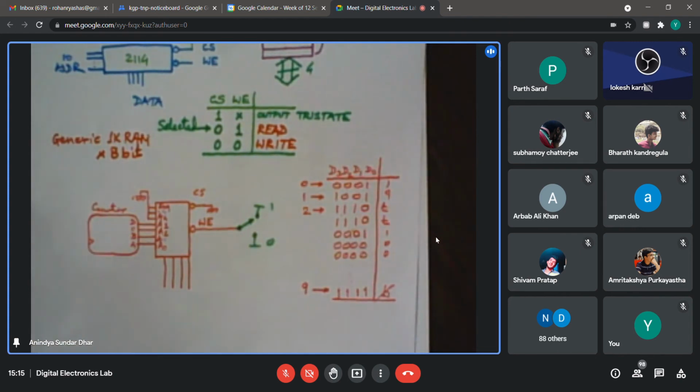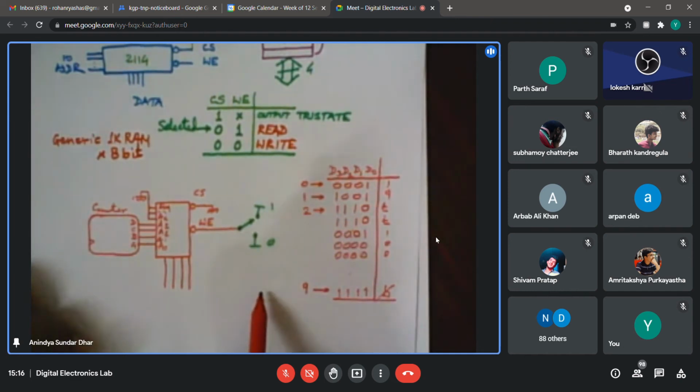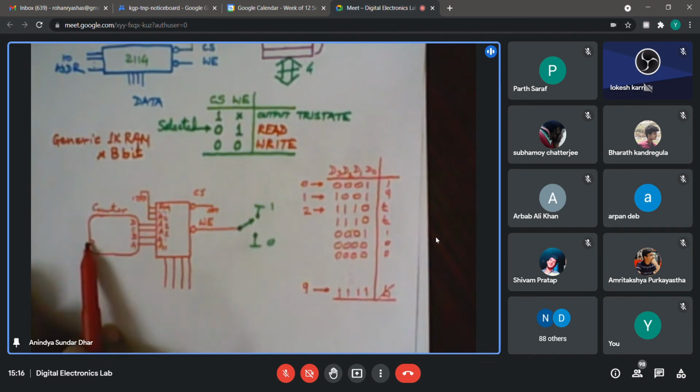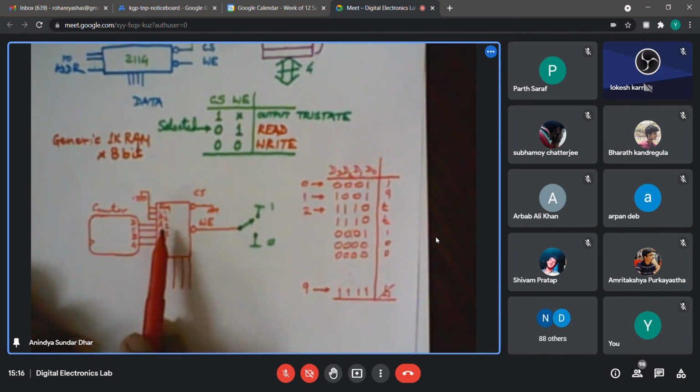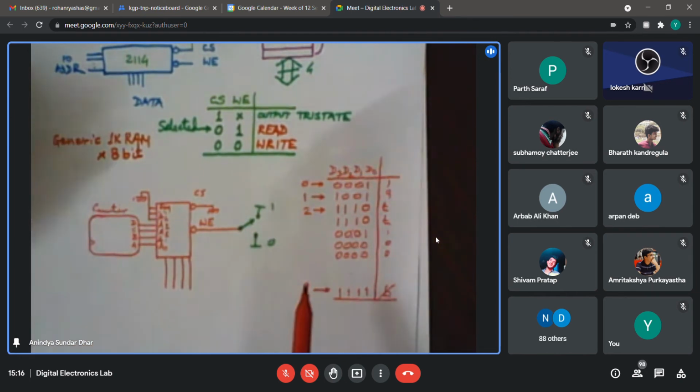Okay, so in that case, you can manually change the mode to read and write. But how do you interface the hex keypad, or let us consider hex keypad, because when you press a new character, I can issue a clock for the counter so that it advances to the next location and prepares itself for writing in the next location.